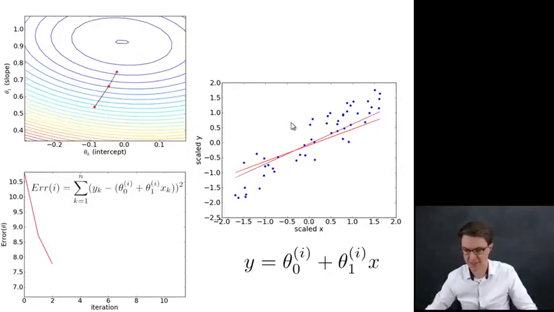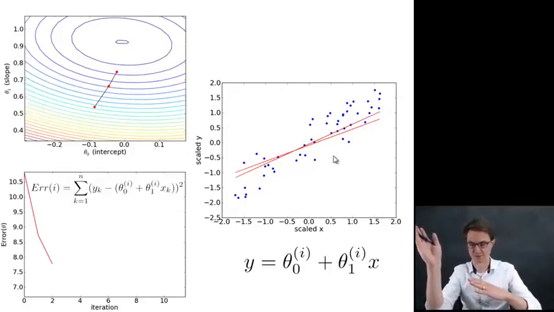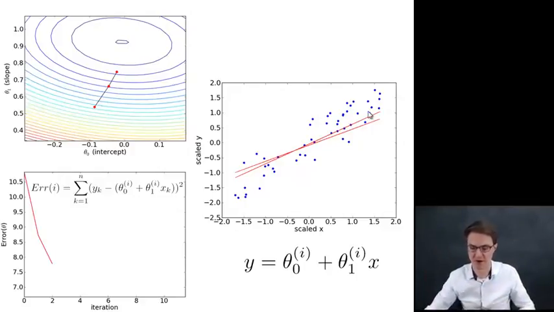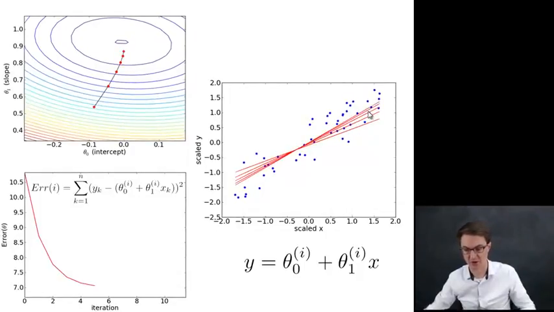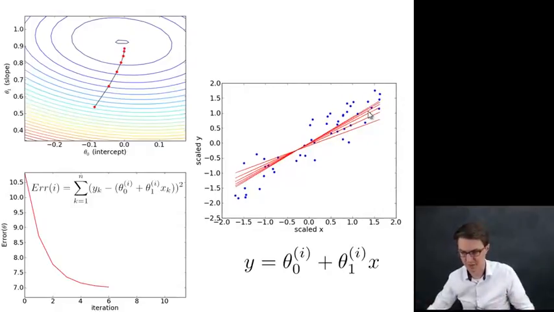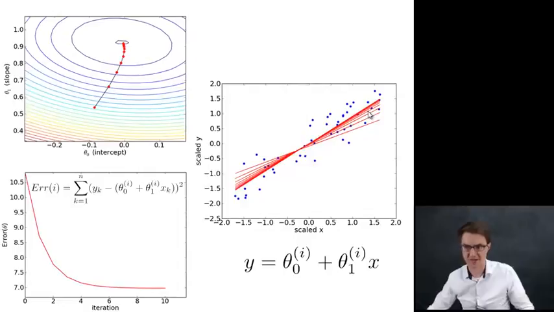All right. So the next slide, we take another step, and the error goes down a little bit more, and we take another step towards the minimum over here, toward the center, and we've got another regression line that has rotated slightly, so it's closer to what we intuitively think will be describing the data. And we can keep going with this and keep stepping down, and the regression line gets better and better and better. The error goes down, right? We're finding a local minimum in that error